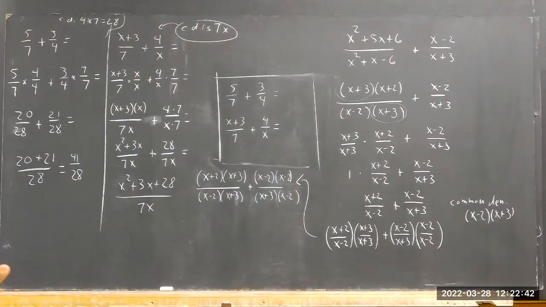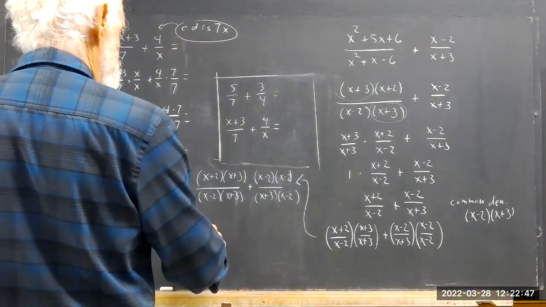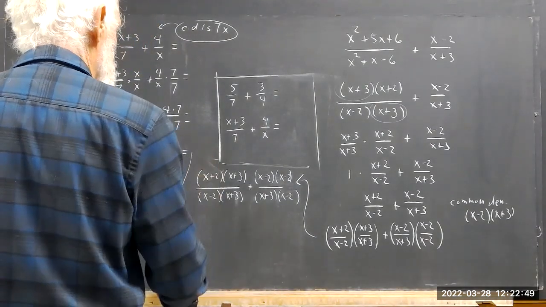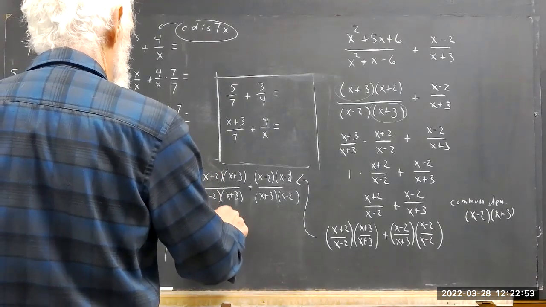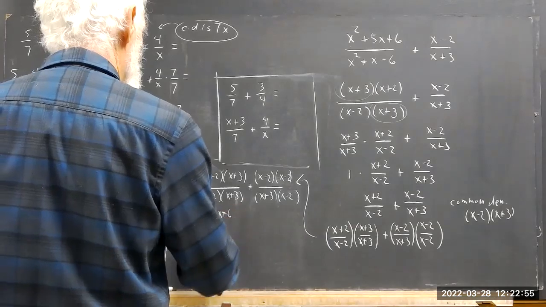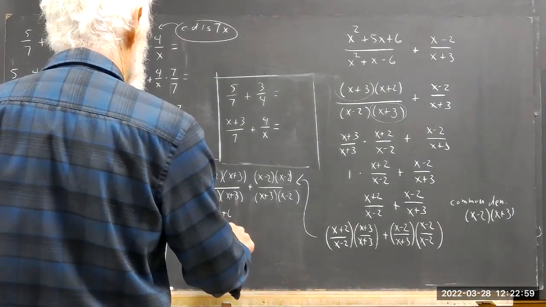Once you see it, you get it. Yeah, okay. And this gives you then (x² + 5x + 6) over (x - 2)(x + 3)